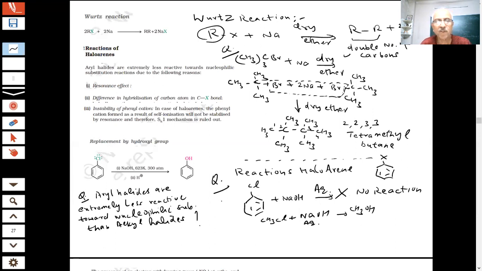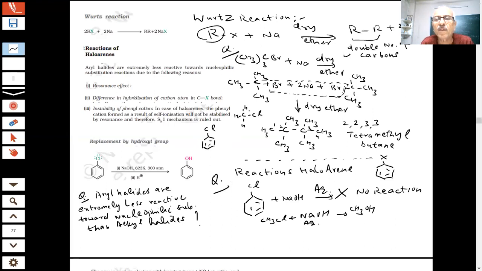You have done this question many times. I said this is a very important question. This has been asked so many times. Again, it will come. What answer are you giving, students? What is the difference when Cl is attached to the benzene ring? What is the difference between this and this?